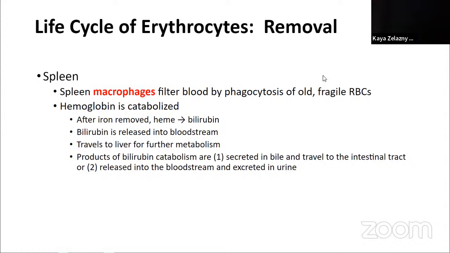Now the bilirubin is going to go into the bloodstream. And your liver is going to break it down further. And a lot of it is going to get secreted as bile. So bile is this kind of fluid that you're going to see in your gastrointestinal system. It's actually going to be bright green when you see it in the gallbladder and the liver in lab. So that bile travels through the intestinal tract, so through the GI system. And as it travels, it actually turns brown. So this is why poop is brown, it's that bile,